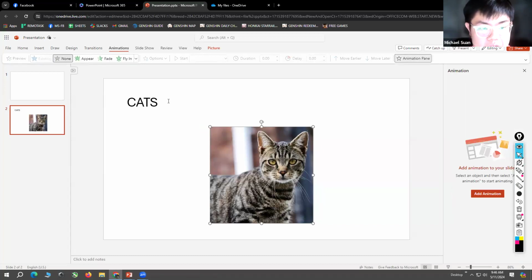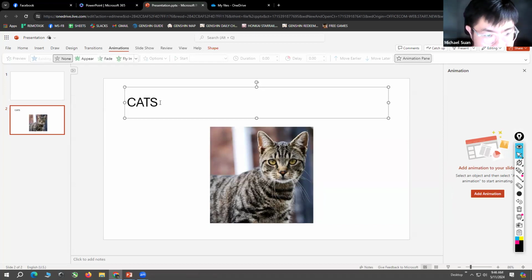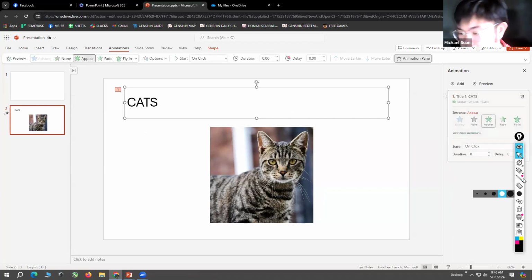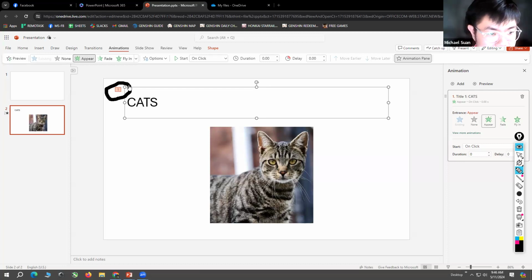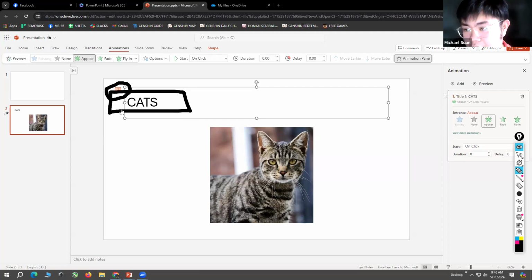You have to be careful on which object you want to appear first. So for example, I want first this word, cats, to appear. So I just click on that and click appear. As you can see, there is number 1 on the side. That means during the presentation, when I click, this one will be the first to appear.